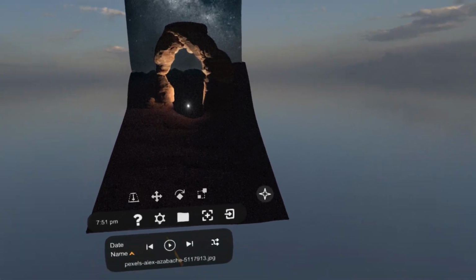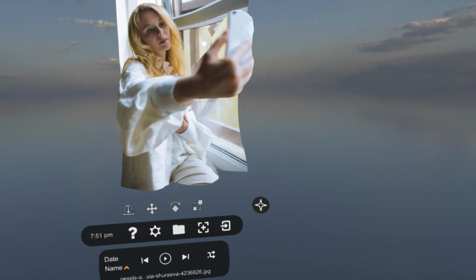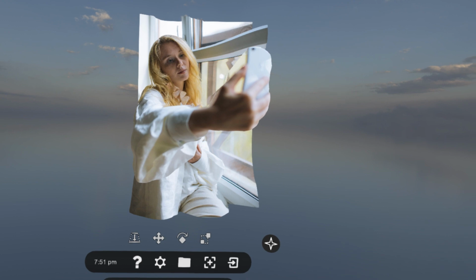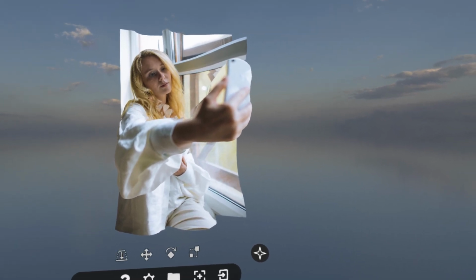Just the background looks a little flat. And here's, so people don't always come out right. Just it seems like when it does the 3D that